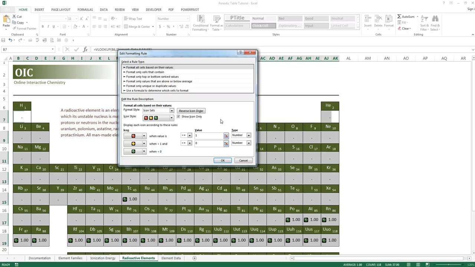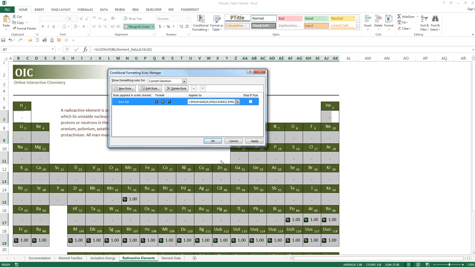Alright, let's stop and take a look at figure D12 on page D14 and make sure that your Edit Formatting Rule dialog box looks like theirs. So we have icon sets. We have red, yellow, green. We have Show Icon Only. Then we have red, yellow, green. Okay, and then if you move over here, red is right here, and the 1 and number, and then this one, greater than or equal to 0. Okay, when you have it all set and looks just like that, go ahead and click the OK button in each dialog box to return to the worksheet